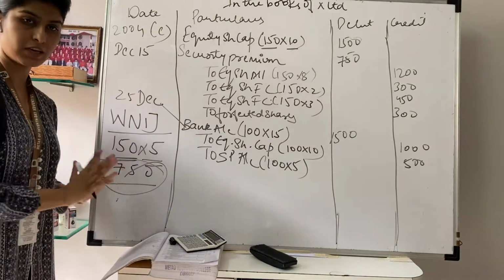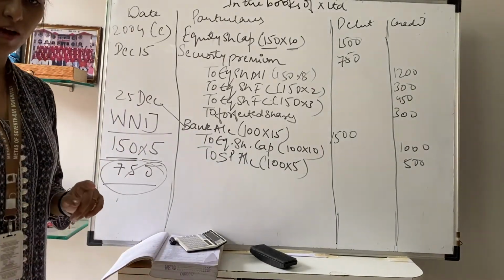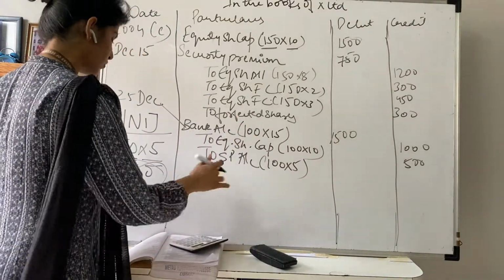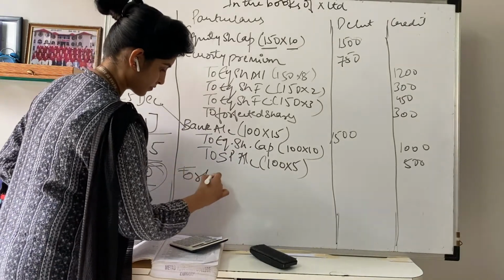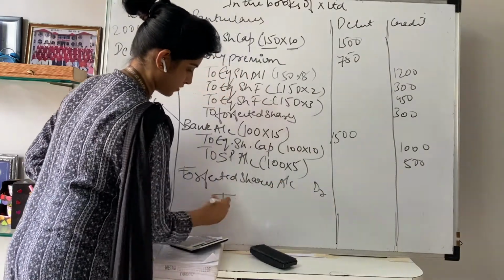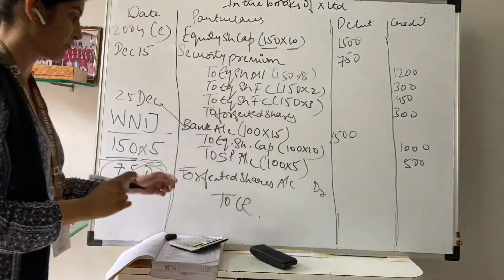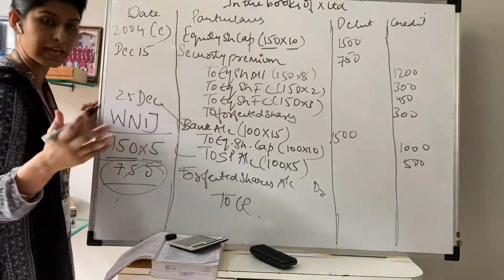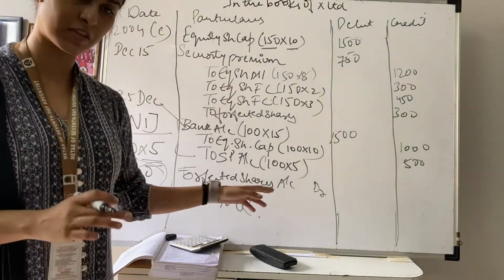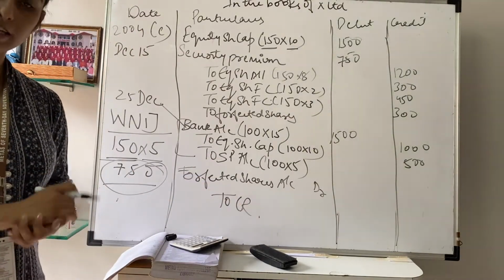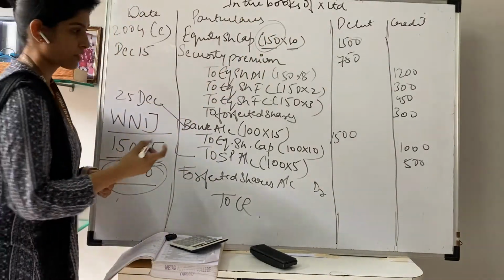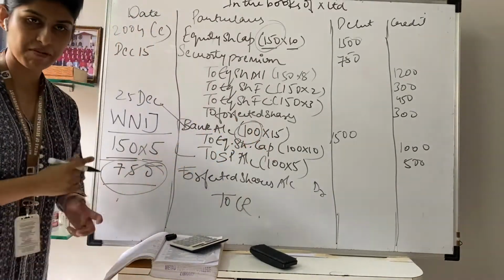Now carefully study this capital reserve, how to calculate the capital reserve. First of all, we'll pass down the entries. Forfeited shares account debit to capital reserve. Now check carefully. In this case, we are not given anything related to forfeited shares. Generally, what we used to do, we need to find out the difference and get the forfeited shares. Capital reserve. Check your first entry. Your shares are 150 over here. Here they are 100. So ultimately our next twist.